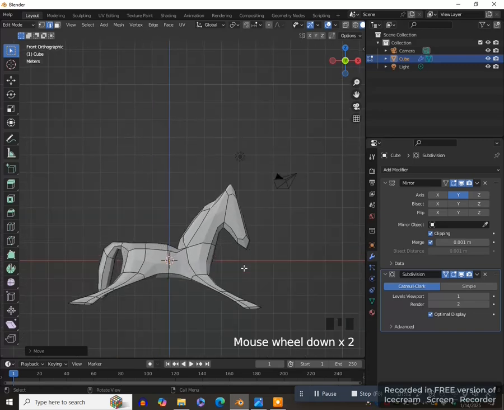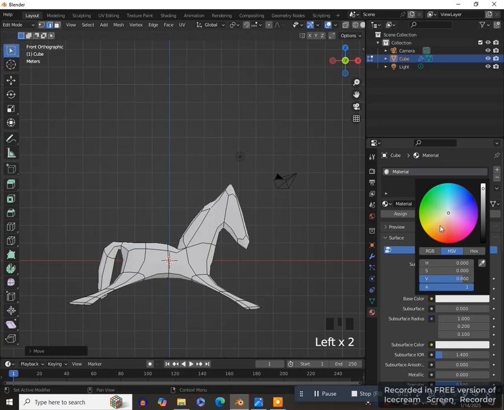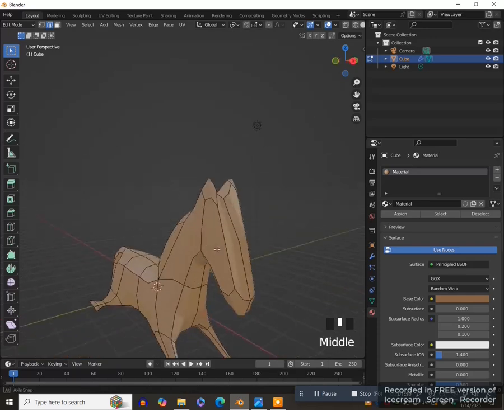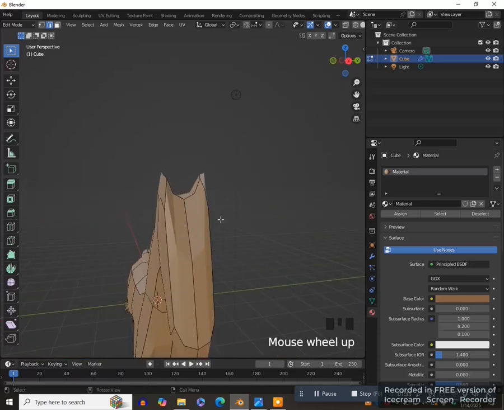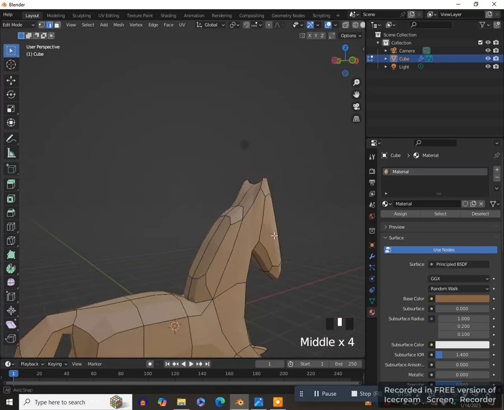Let's go into material preview, Z, then material preview, then material properties, the beach ball icon, click on there, go to base color, and then go about here, drag it down a little bit to get a light brown. Let's go into face select. Actually, before we do that, let's add another knife tool cut, press K, and just add one right here, enter. We'll see how that looks later, but when we add the hair, actually let's just add the hair material and